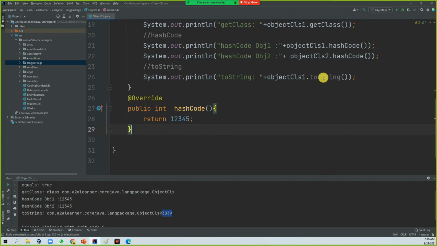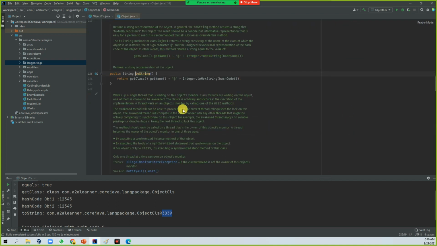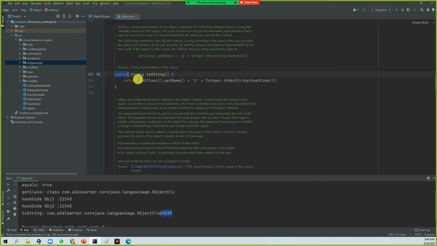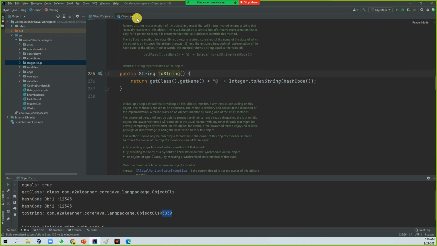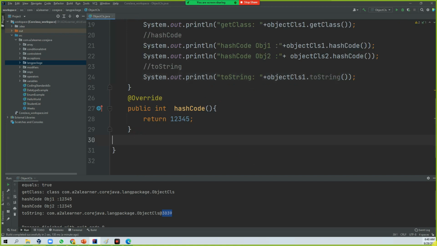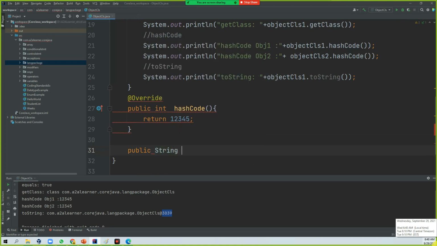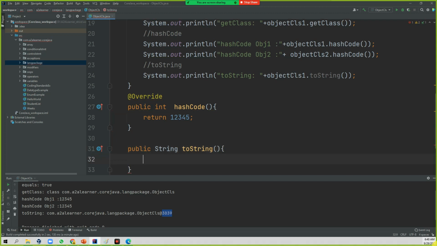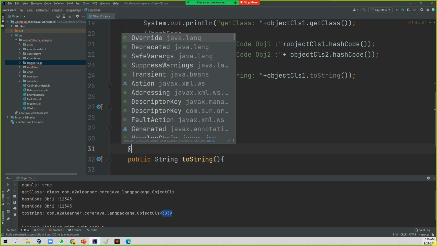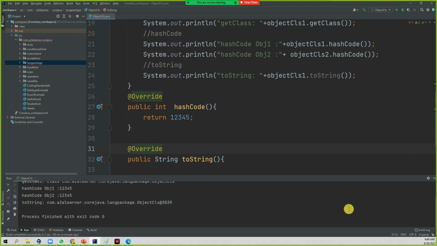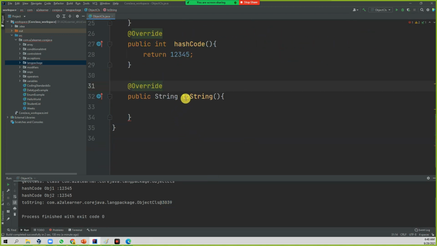Similarly, we have to use the toString method. The toString method signature is public String toString. We write the same thing here, public String toString, the same signature, using Override. You are telling it that whatever signature is coming from the Object class, you reuse it and then write your own implementation.